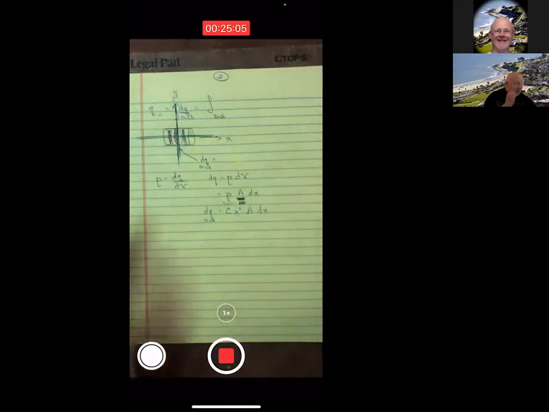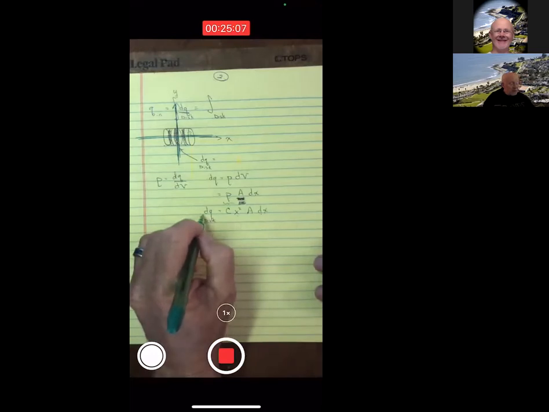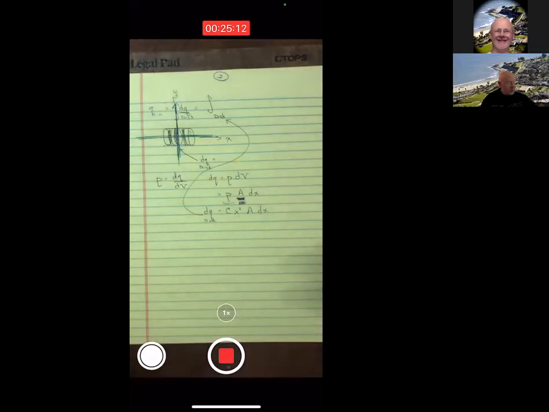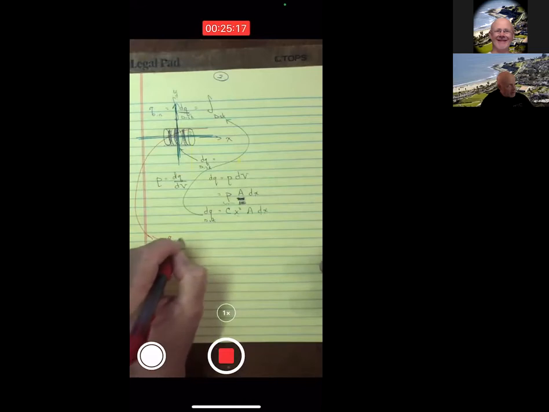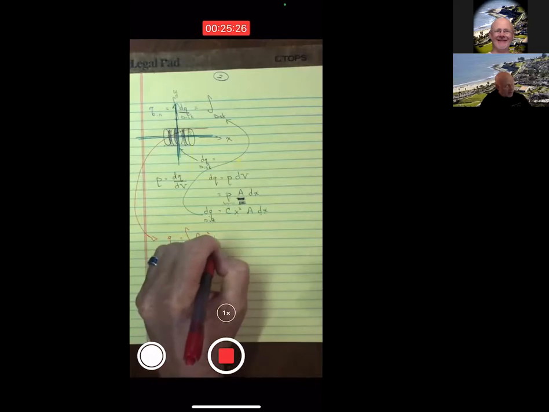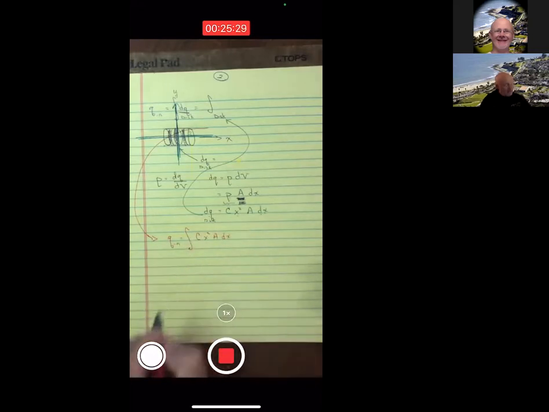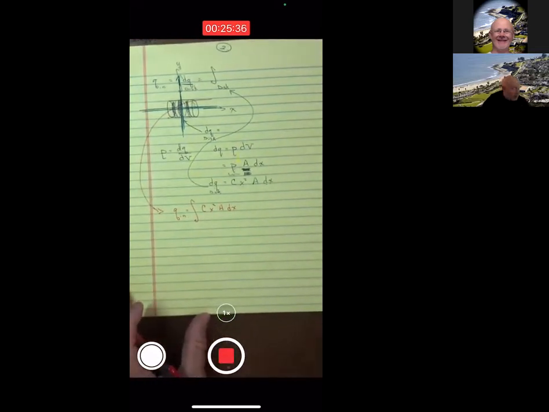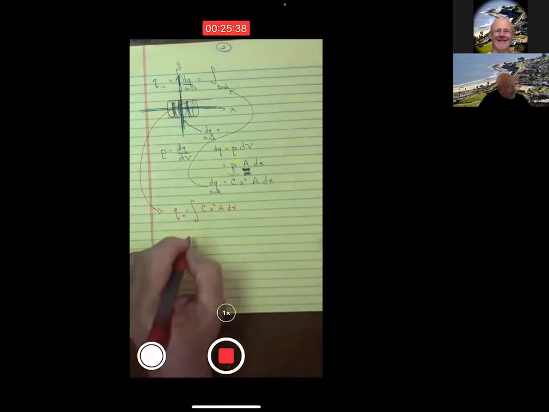Now, I'm going to use this and put it back into this equation and write it all down here. All right, so the charge inside of my Gaussian surface is an integral of this dq. So it's C x squared A dx. And like I said, that might be the hardest part of this problem. But then,